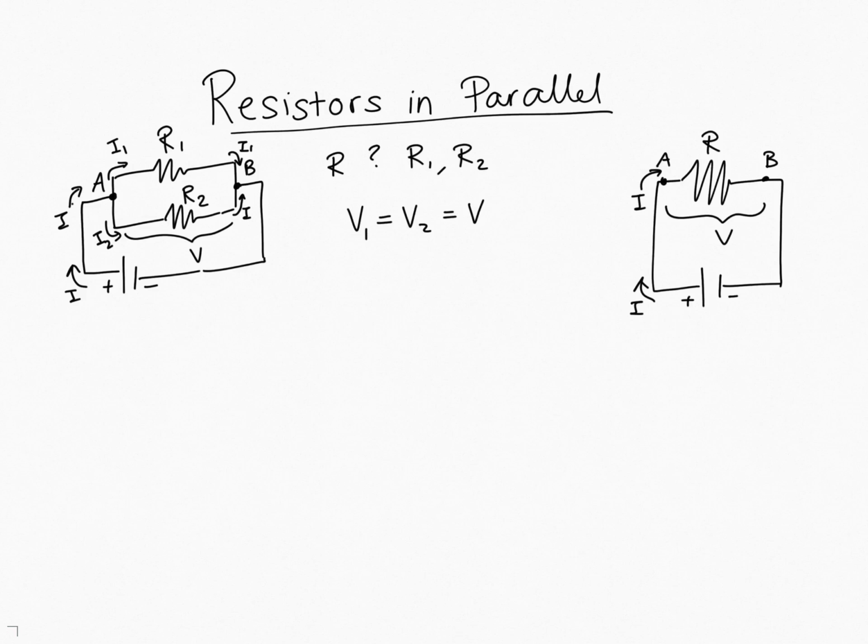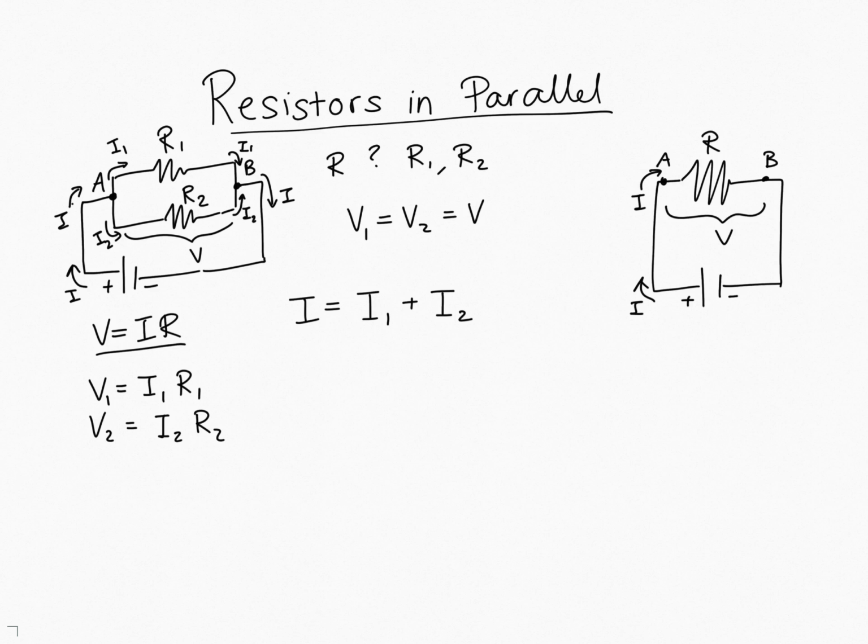And what happens at B is that I1 and I2 flow back together, so then we get our total current I that flows out of our two parallel resistors. So namely, we find that I is going to equal the sum of the two currents, I1 and I2. We also know that Ohm's law says that V is equal to IR. So we know that V1 is equal to I1 R1, V2 is equal to I2 R2, and V is equal